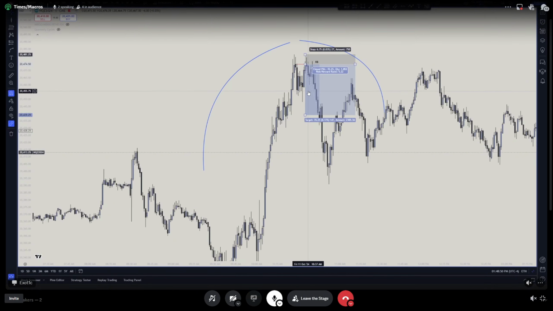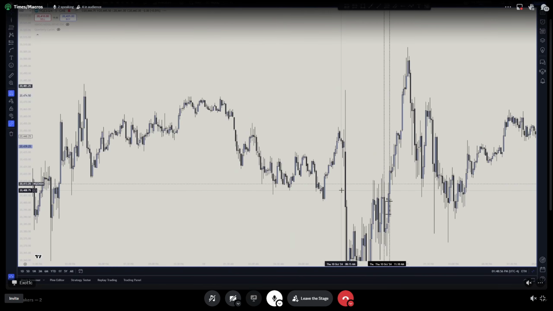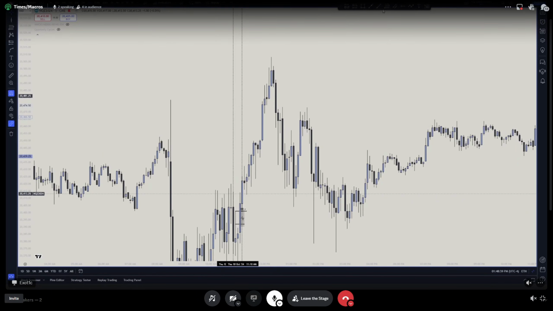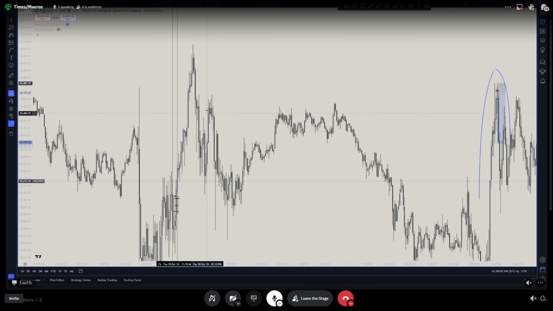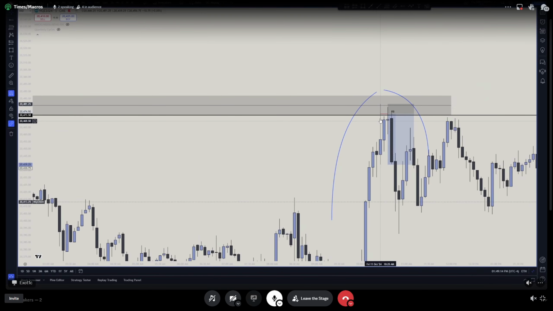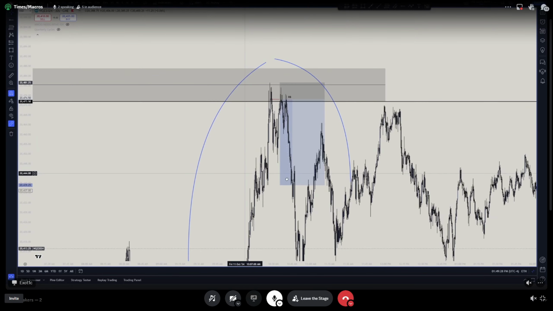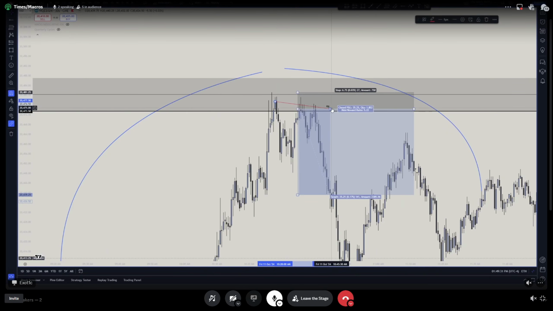So what made me take this trade in this specific time, even though this was not a macro? Well, the idea behind it is that we swept out this liquidity here, right? We swept out this liquidity here and we came into this fair value gap here, right? This unmitigated part of this fair value gap here. And what was I looking at here? I was looking at how initially when price came into it, we rejected that area right here off the 5-minute. So what happens is you come down into your 30-second time frame for your market maker model here, right? And you have your rejection block right here,